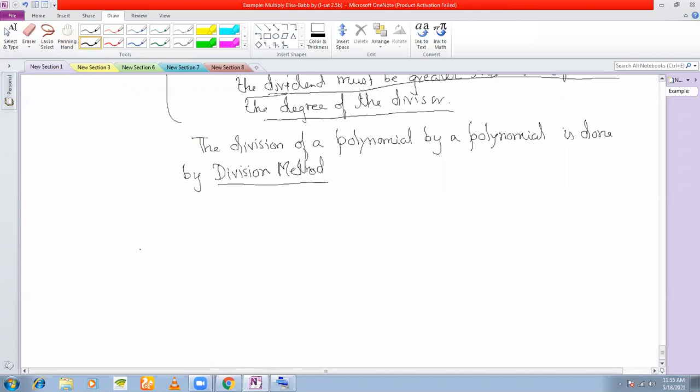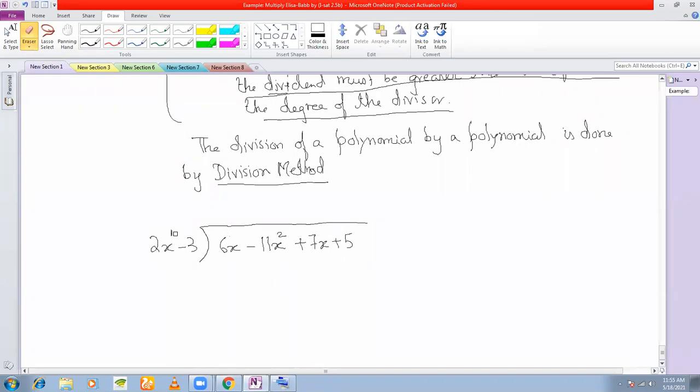So here I have taken the divisor as 2x minus 3. Okay. Now listen to this very carefully, step by step. And your dividend here is 6x cubed minus 11x square plus 7x plus 5. Okay. Now see, first step, when I see this, first of all, what will I check? I will check, okay, the degree here is 3 and the degree here is 1. So that is possible to carry out the division. So fine. So this is okay.